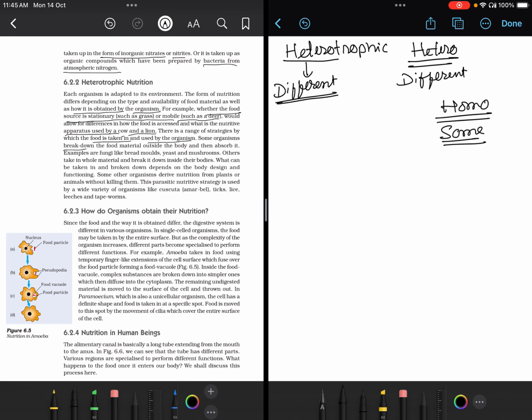Some organisms break down the food material outside the body, then absorb it. For example, fungi like bread molds, yeast, mushroom, and others. Others take in a whole material and break it down inside the body. Now, the techniques of taking food inside the body